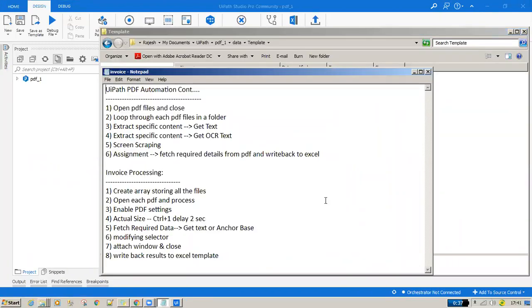All right, guys. So the next assignment we are going to work on is invoice processing. Think of this scenario where you're getting hundreds of PDF files where the bot is supposed to process each file. You don't know how many files exist in that folder. So the bot has to fetch each individual PDF file in that folder,